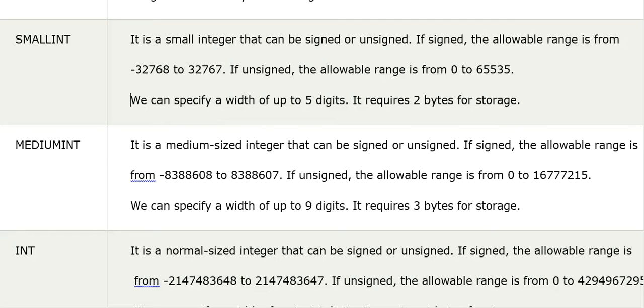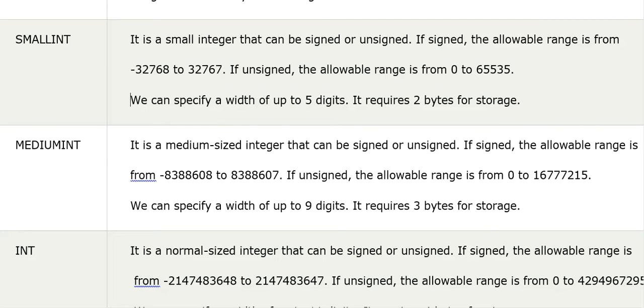So it's another big value. We can specify a width of up to 9 digits. If you want to store a value of 9 digits, you can use this data type, medium int. In memory, it requires 3 bytes of storage, a minimum of 3 bytes.